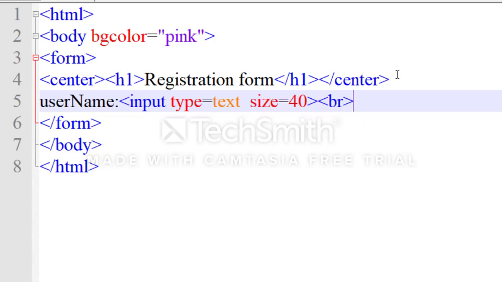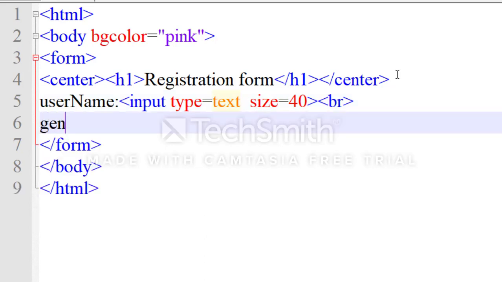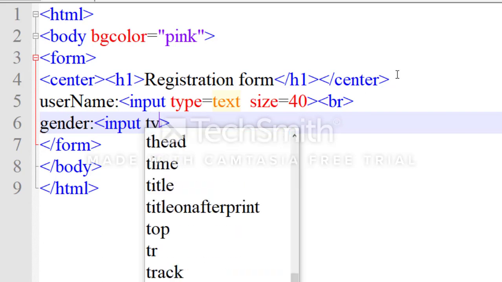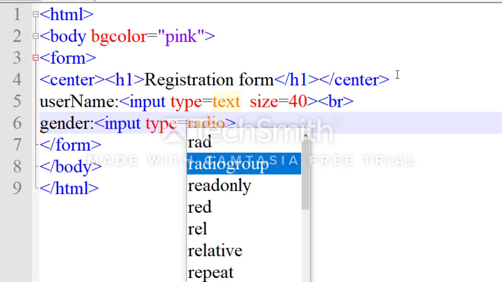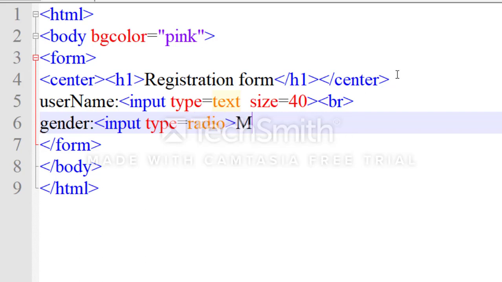In the next line I want the gender. In the gender I want the radio button, that's why I will write the input type. In the previous video I described in a very easy way how to take different types of text boxes, radio buttons, check boxes and so on. I will simply write input type equals to radio, and in front of radio I want male.